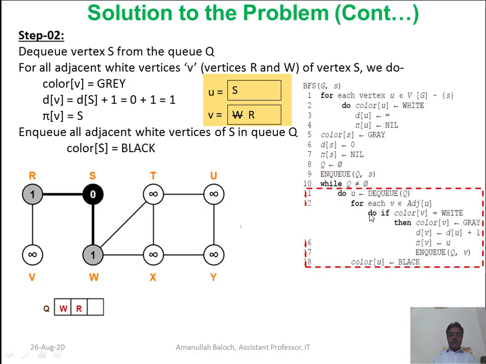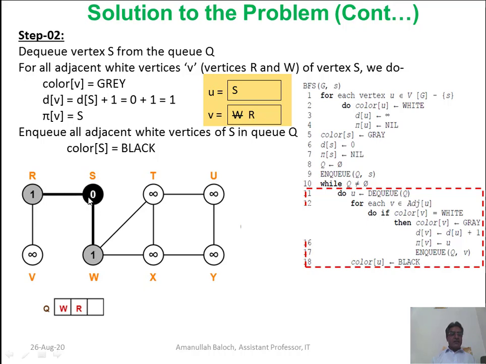Now, for each V belonging to adjacent of U, there are two adjacent nodes of S, that is R and W. So we will process them one by one, firstly W and then R. It will search the adjacent vertex W at the distance of one edge, and then the next at the distance of one edge, because it is breadth first search. From the source node, it will discover all the nodes at the distance of one edge.